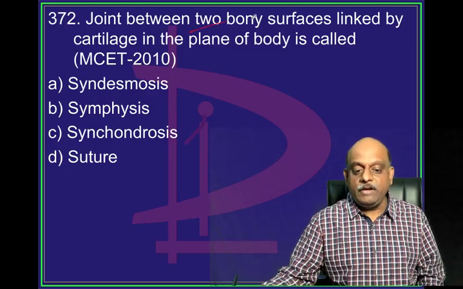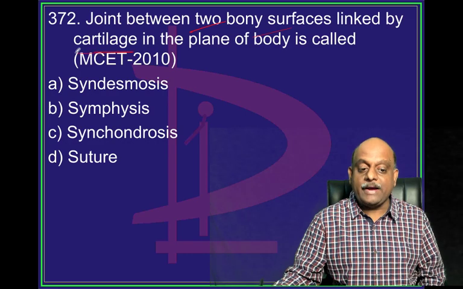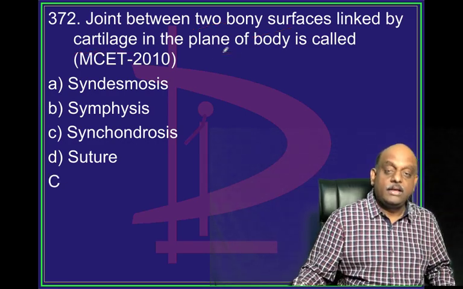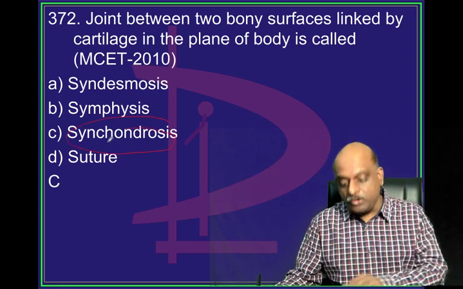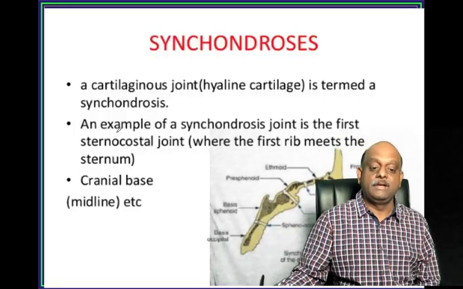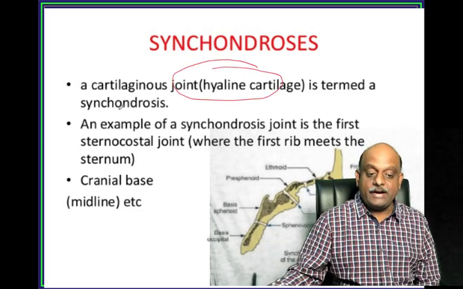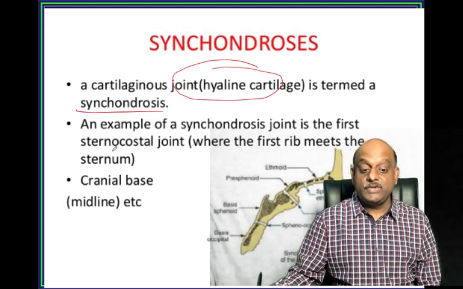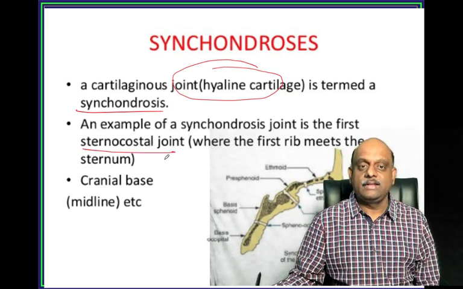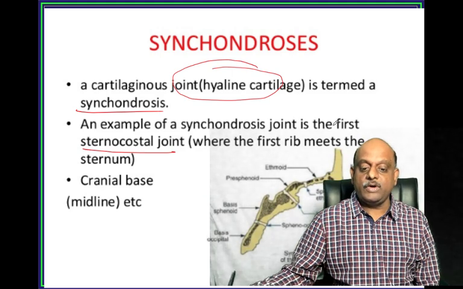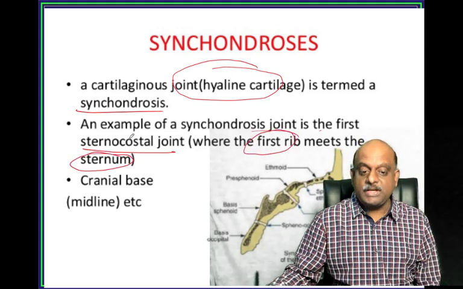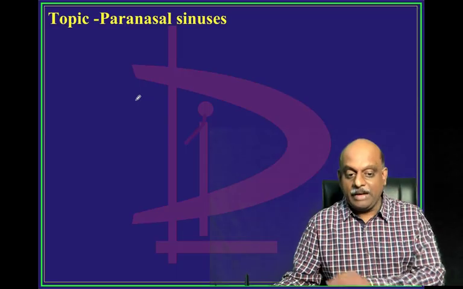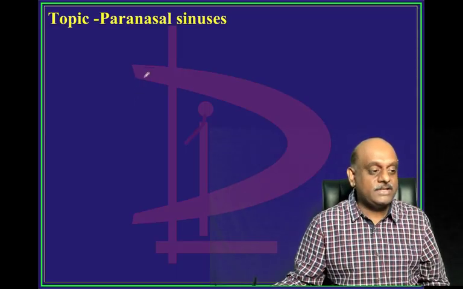The joint between two bony surfaces linked by a cartilage, what is it called? It is called synchondrosis, as we have already discussed. A cartilaginous joint with hyaline cartilage is called synchondrosis. The best example is the sternocostal joint. The first sternocostal joint, where the first rib meets the sternum, is an example of synchondrosis, is what you should basically remember. So that brings us to the end of the